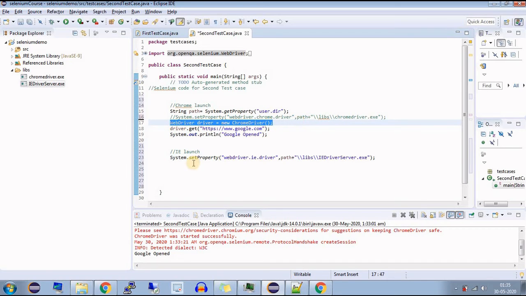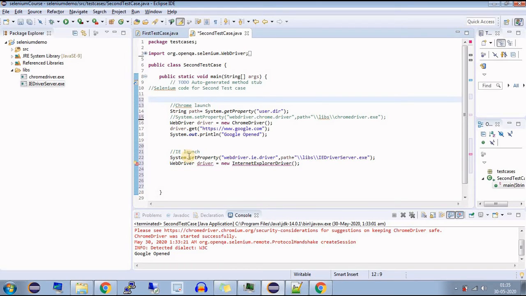The second line, we have to copy the driver object creation line, that is WebDriver driver equals. So copy it and just rename the ChromeDriver by InternetExplorerDriver.